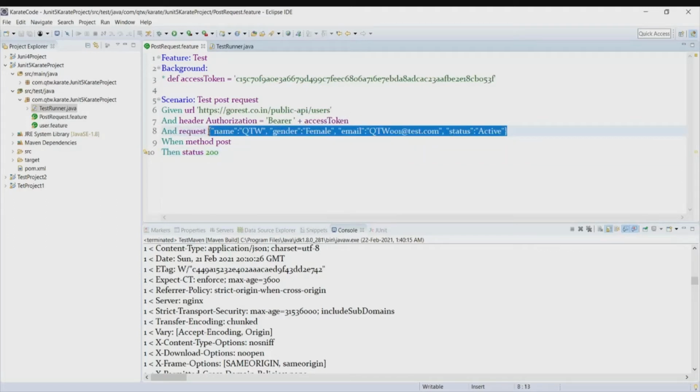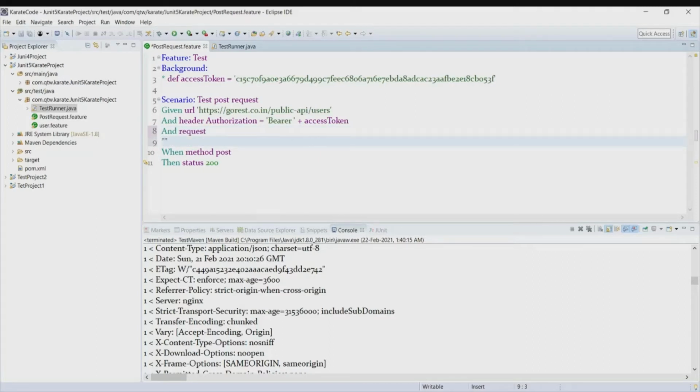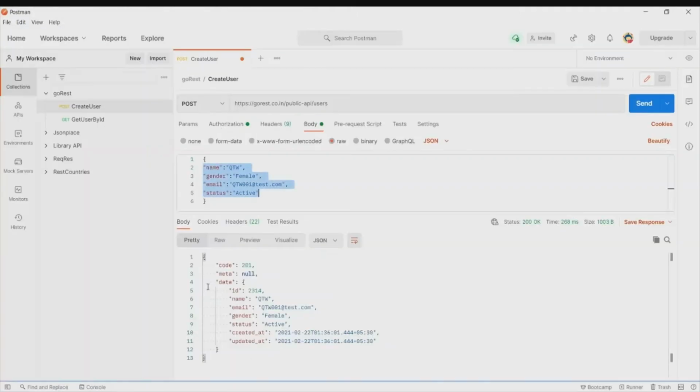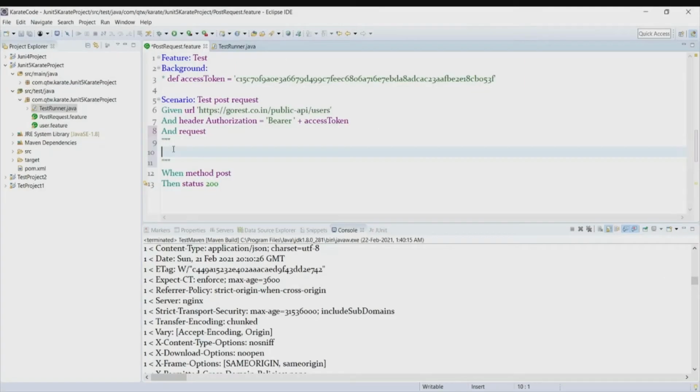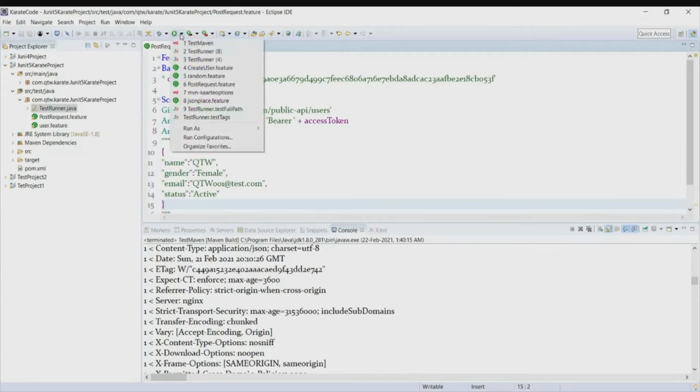So there is also one more way: you can use the same format by putting it inside a three open quotes block, and then you can just copy your request as it is. And that's it. Let's run it again.